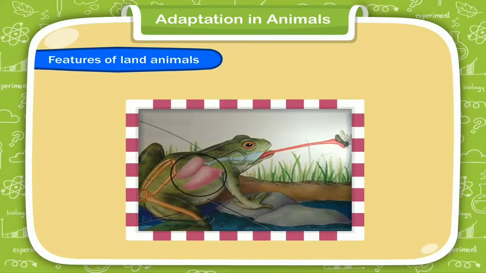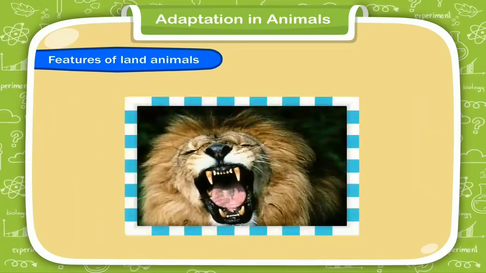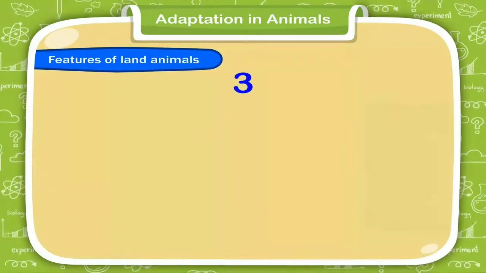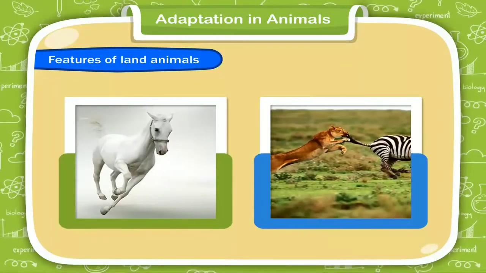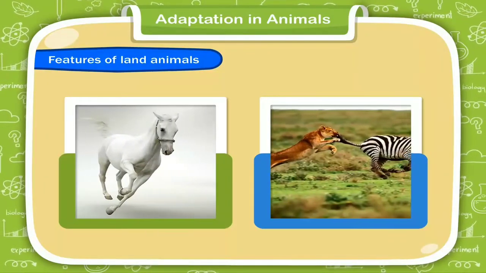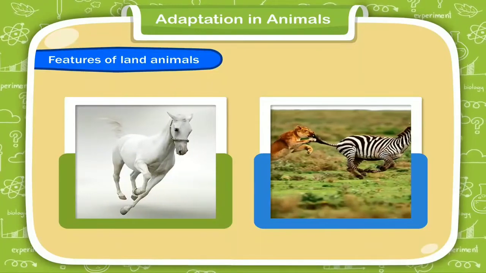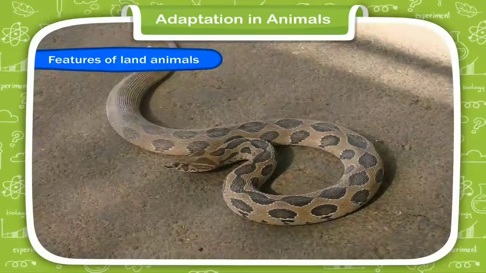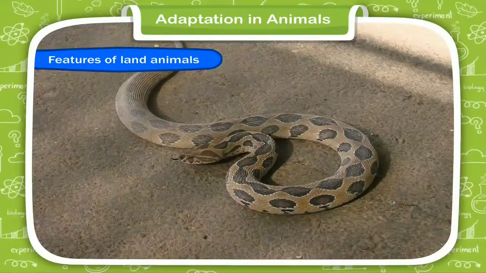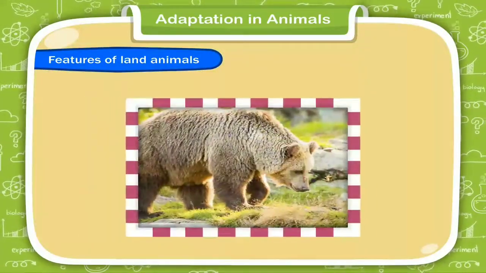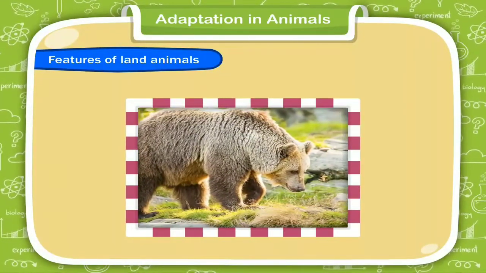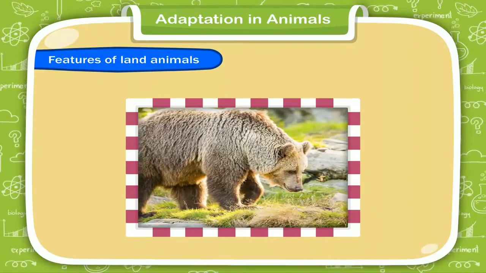1. They have lungs to breathe air. 2. Many of them have sharp teeth and claws to catch their food. 3. Most of them have well-developed legs to move and run fast to protect themselves from predators. Some animals, such as snakes, do not have legs, but they have scales that help them in crawling on the ground. 4. They have well-developed sense organs to help them to look for food and to feel changes in their